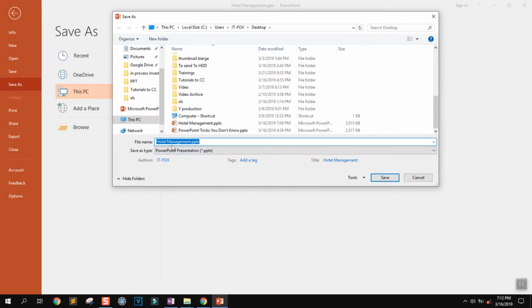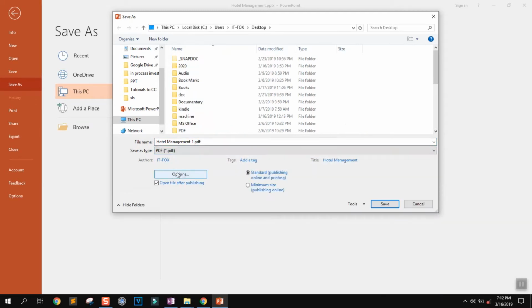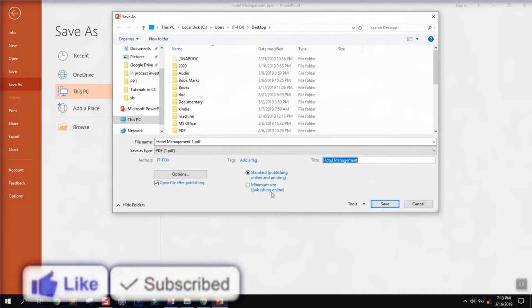And we will make sure to enter the correct file name, and Save As Type. We'll click on it and we'll look for PDF. Once located, you select it. You can always change the author name, the tags, and the title. And next we'll select the option between standard saving for publishing online and printing, or minimum size for publishing